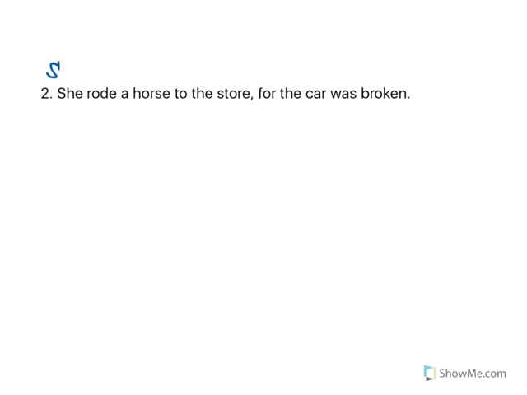So we're going to label this as normal. Subject pronoun, she rode. Rode what? Horse. To the store is a prepositional phrase. So preposition, object of the preposition, article adjective, and an article adjective. And then the second independent clause, for the car was broken. Car is going to be our noun,